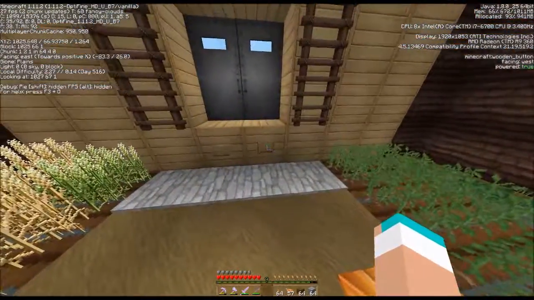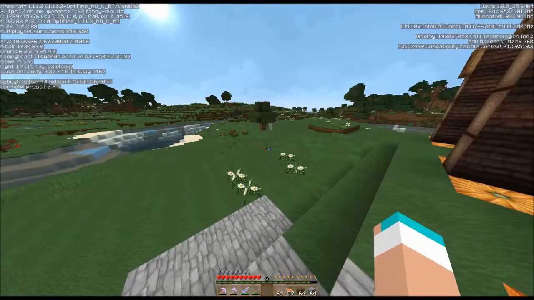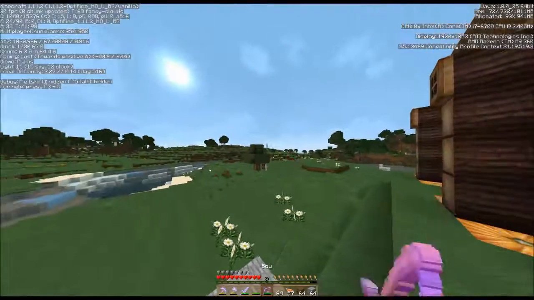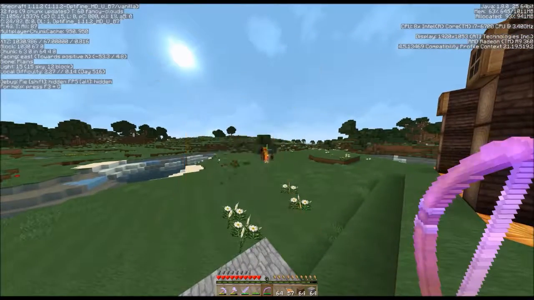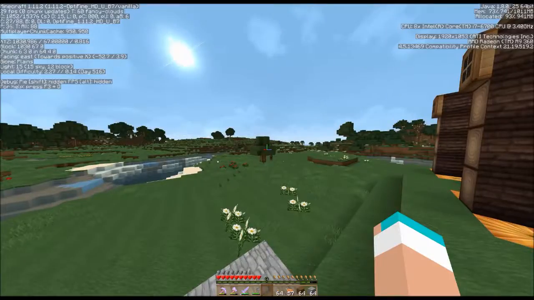These doors go out, as you can see this way, and they're just here. There's a skeleton over there. We have an infinity bow here. Let's get rid of him. Not the horse, I hope. There we go. Oh, he got pushed out by the horse. There we go. Go away. Okay, so,